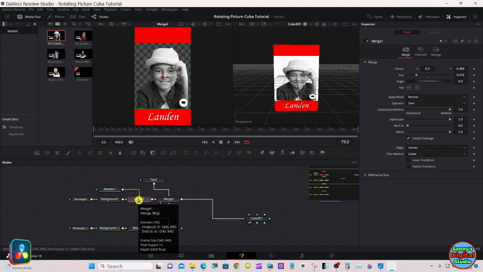Select this merge here, merge 1. Go up in the inspector under size.